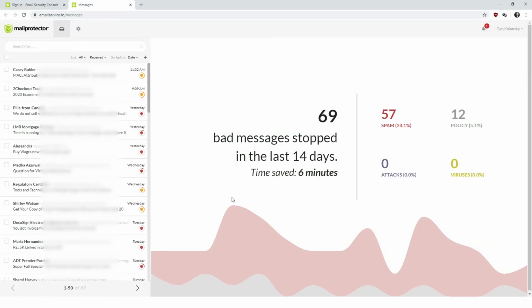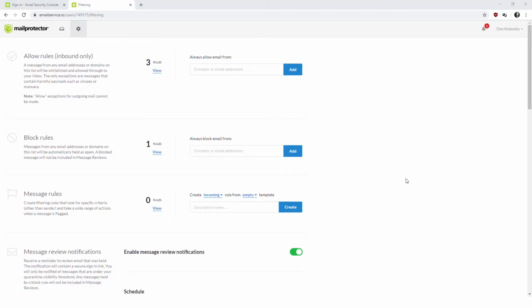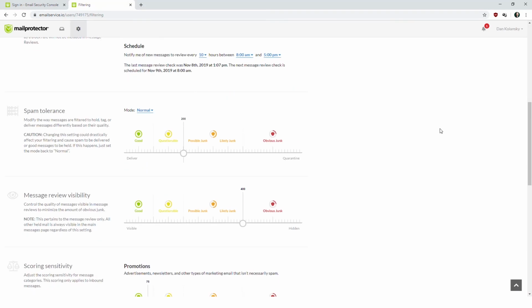Once logged in, you'll be looking at your quarantine. To make changes to your account, you simply click the gear icon in the upper left-hand corner. From this screen, you can scroll down to view information about your spam tolerance settings. The first setting here of note is the spam tolerance setting, which will control what Mailprotector considers email that should go into your quarantine. By default, any email that scores a 200 or higher will be stored in your quarantine,